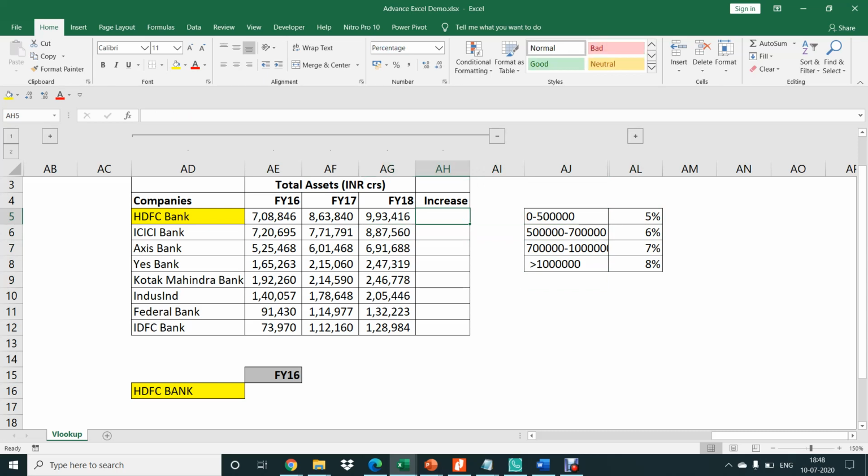How do you solve this problem? Generally, we solve this by using nested IF statements, right? So if some value, say 9 lakh 93, falls between 7 to 10 lakhs, then take 7%. Otherwise, test again. Like that, we use multiple IF statements. There are two ways to go about this.